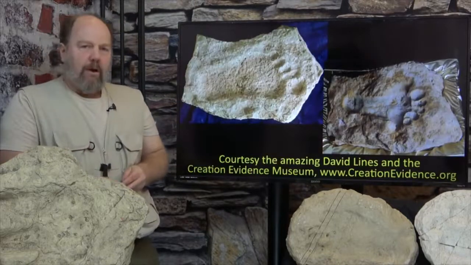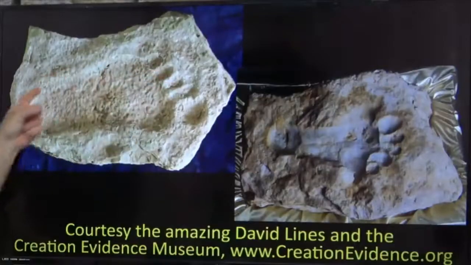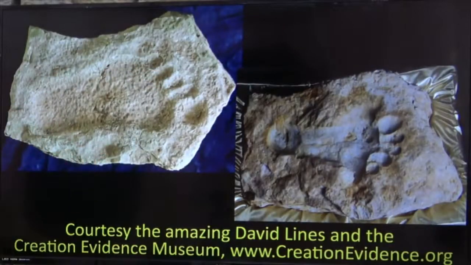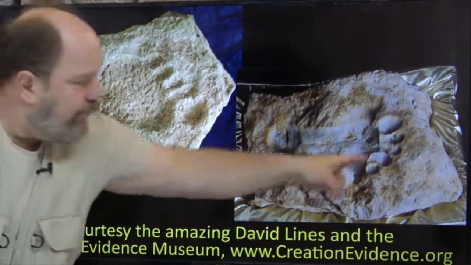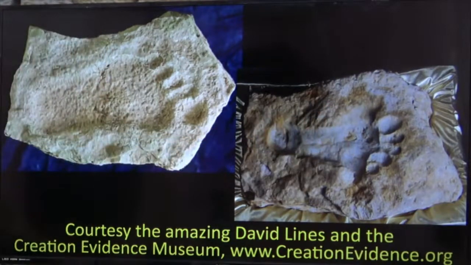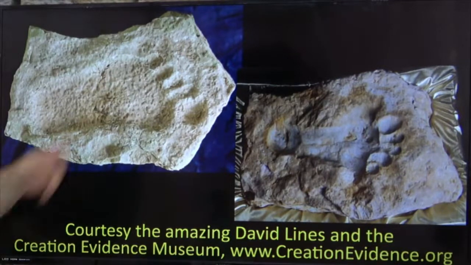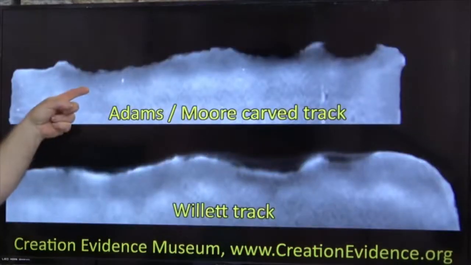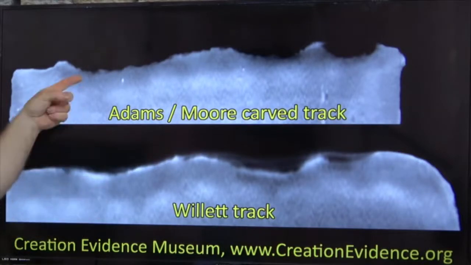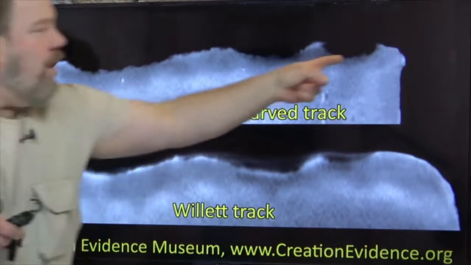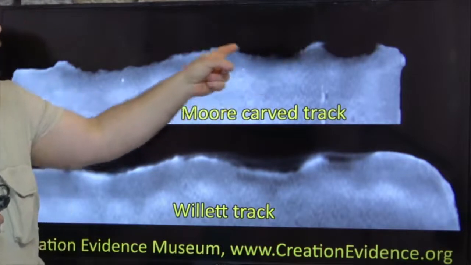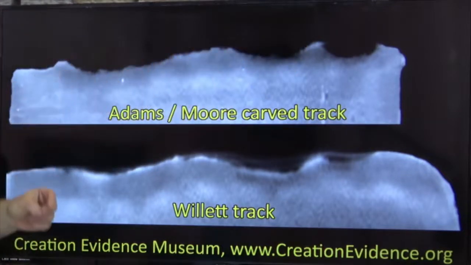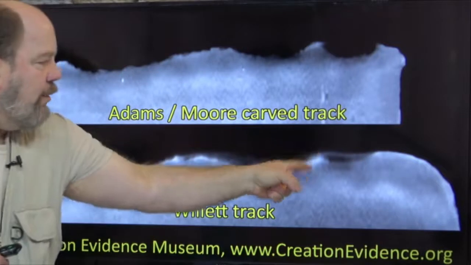Now let's make a quick comparison between the Adams-Moore track, carved in the 1930s, and the Willett track, removed from a trail of tracks in a limestone ledge in the Paluxy River in the 1950s. Because the feet are opposites, I've mirrored the CT scan of the Adams-Moore track to make it easier to compare the two scans. I've got the depressions of the big toe, the ball, the arch, and the heel pretty much lined up